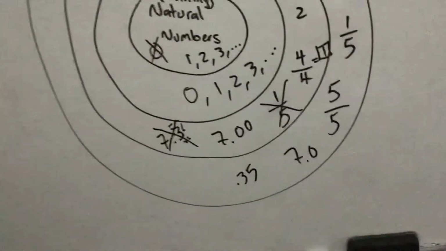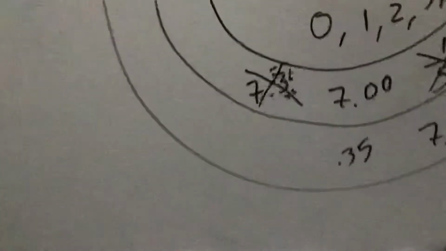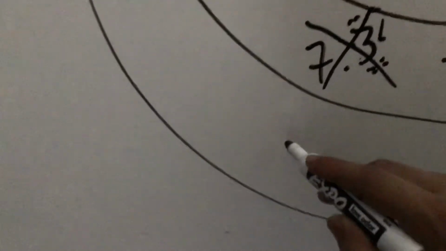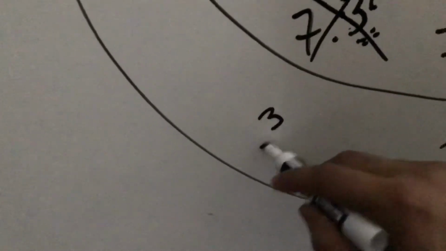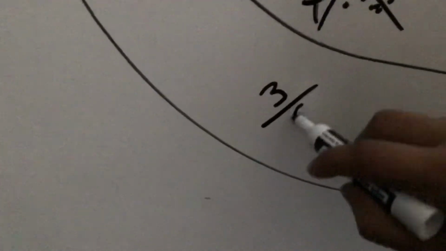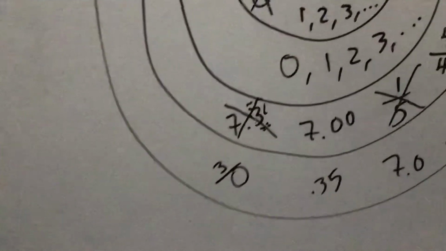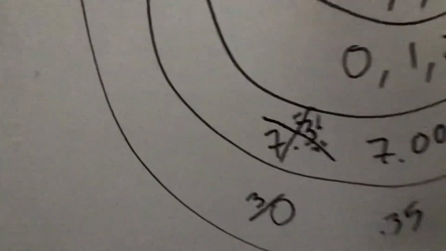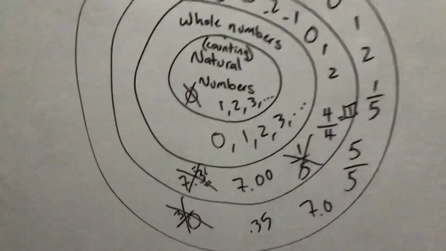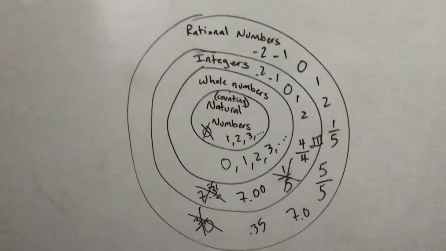But there's an exception, and that exception is when we have a fraction with a denominator of 0. That is more like an irrational number. So that is the only exception of a rational number. So please pay attention